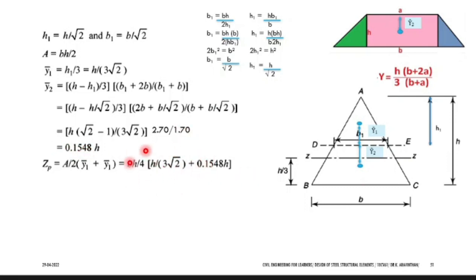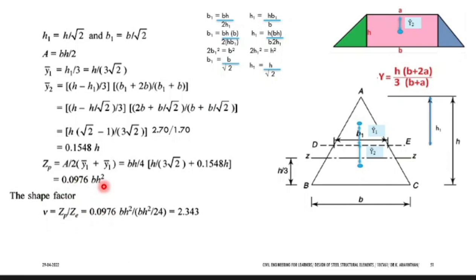You can add this component. If you add these two, you will be getting 0.0976 BH square. This will be your ZP. If you divide ZP value by ZE, your ZE was BH square by 24. Both the components might get cancelled. After cancelling these two, you will be getting an answer of 2.343. So the shape factor for a triangle is